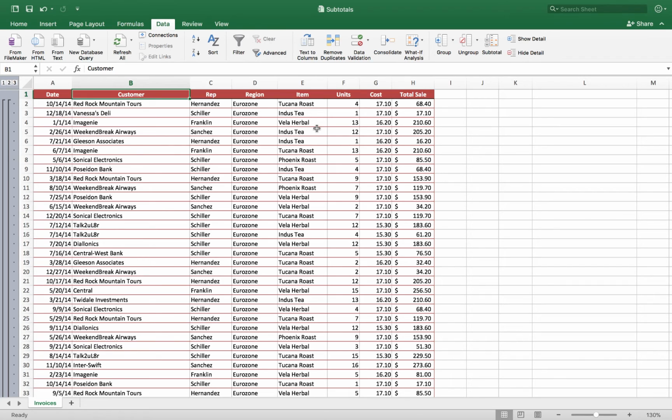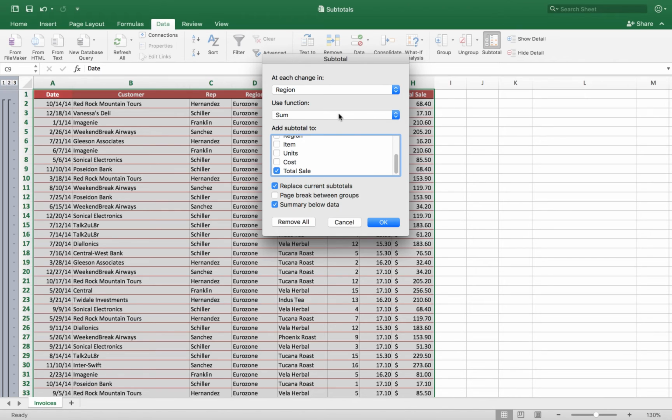So to do that, let's say here, for example, I wanted to see my subtotals by region, and then within each region, I want to break out by each of my sales reps. Or maybe I want to break out by each product by region. Actually, let me demonstrate this. Before I aggregate the data on multiple columns, I'm going to turn off the subtotals for a moment. So I'm in the list here, and on the Data tab, I'm going to go back to my subtotal command. And in the subtotal dialog box, I'm just going to click on the remove all button to get it back to where I was.